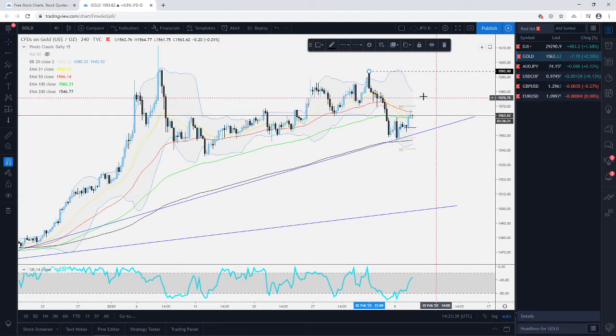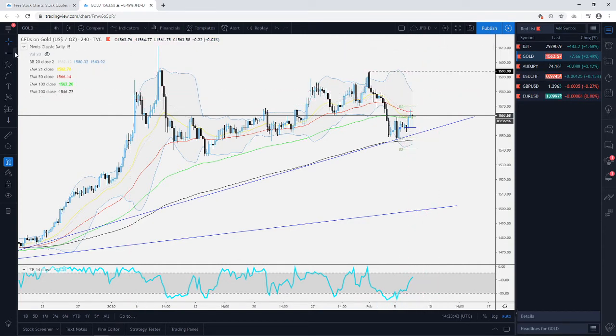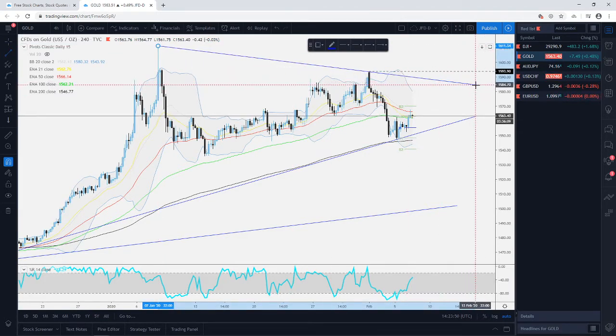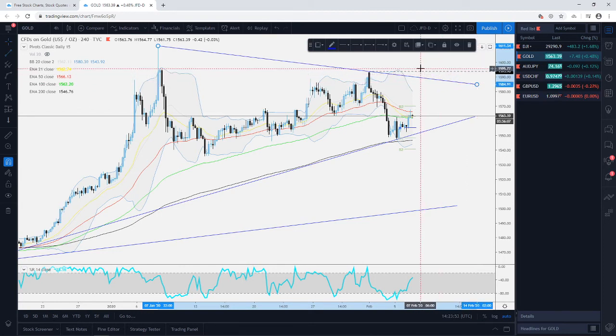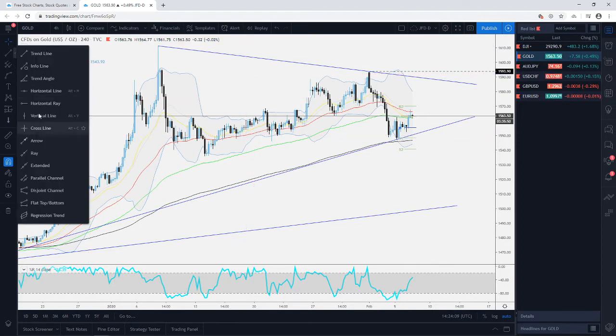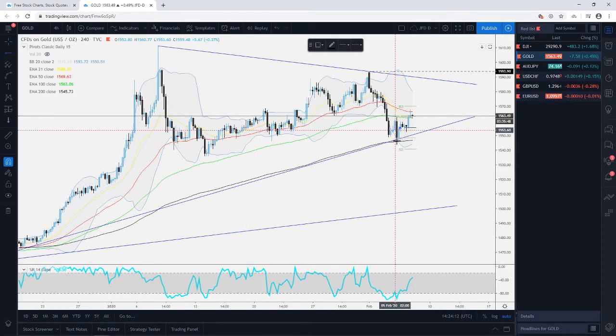Don't get me wrong, it is a little bit of a tricky one, because we also have something like this, and let me just quickly put this one on the chart. So we have ourselves a bit of a tentative, but nevertheless a downside line. That's why this level here, the 1594, comes in much better than any other area around here, because in a way it could travel higher, but it could get held up near this downside line taken from the high of the 7th of January. So something for you guys to consider in the future if you're looking for something maybe more medium term,